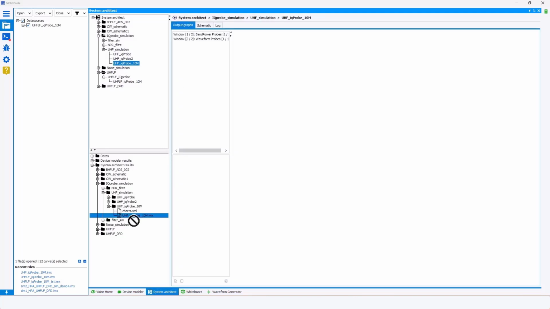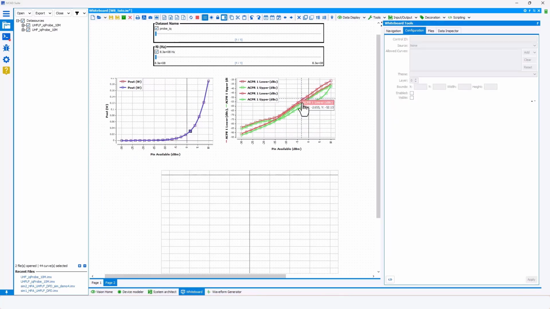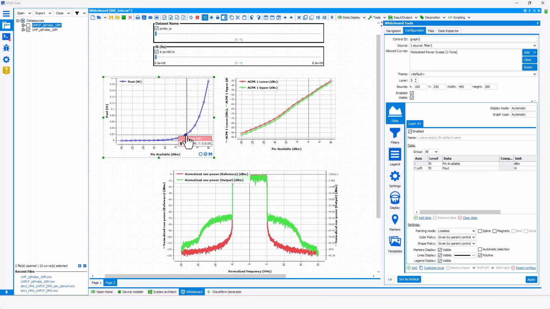Then export the results into the data source. And going back to the whiteboard, here we can see clearly the results for both simulations. And if I unselect the UHF-LF, we can see here the results for UHF-LF. For example, here we can see clearly a symmetry between the upper and lower ACPR, as well as a